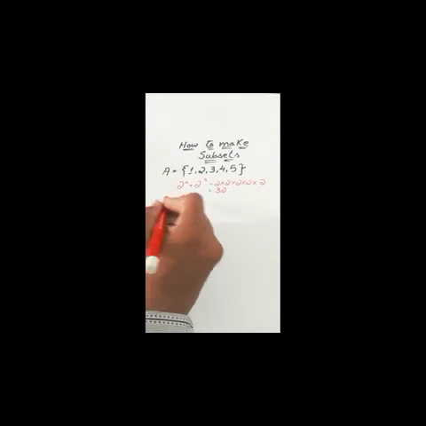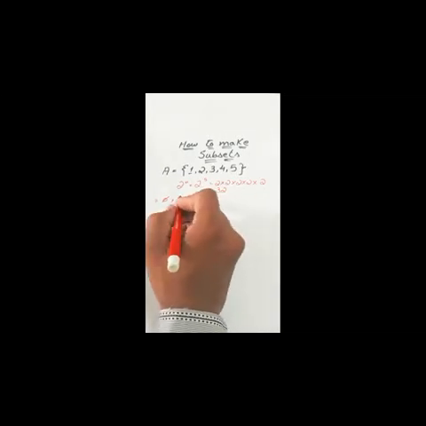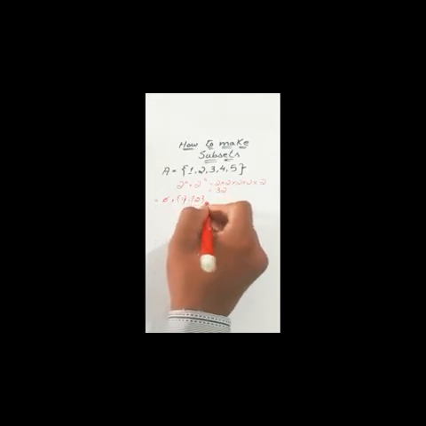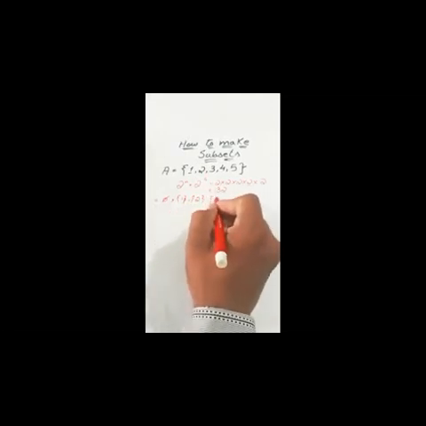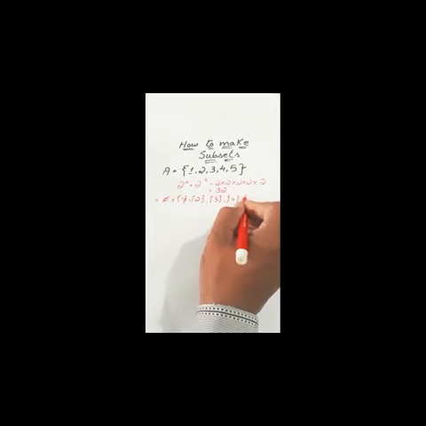So you'll write the null set first of all. There are two ways of writing the null set. I have written it like this. Then you will work on the singles. 1, 2, 3, 4, 5.